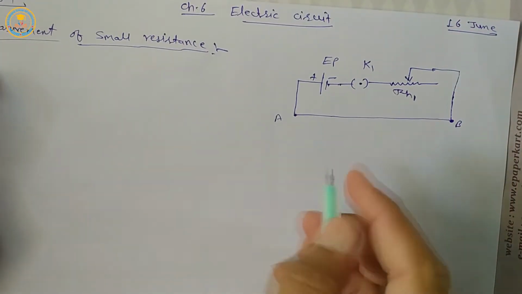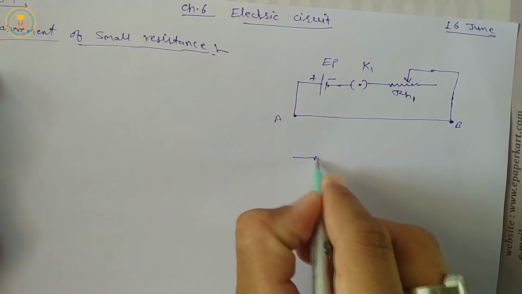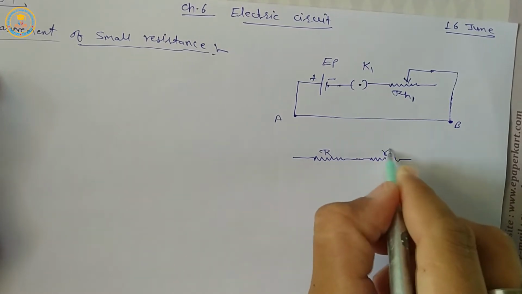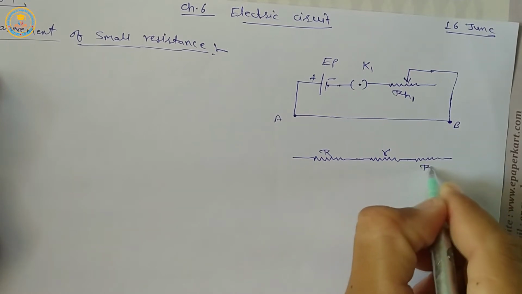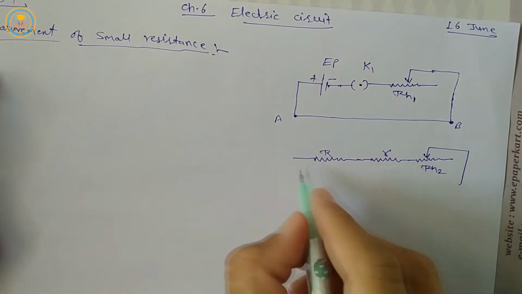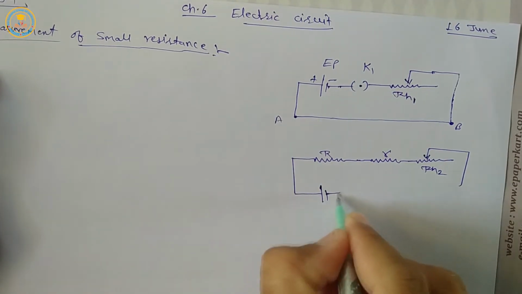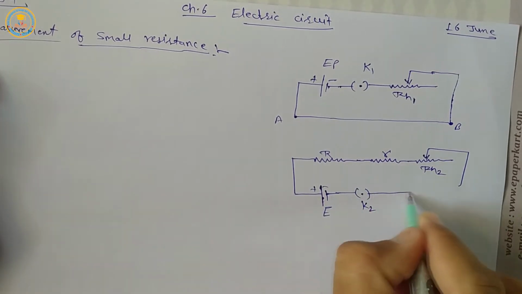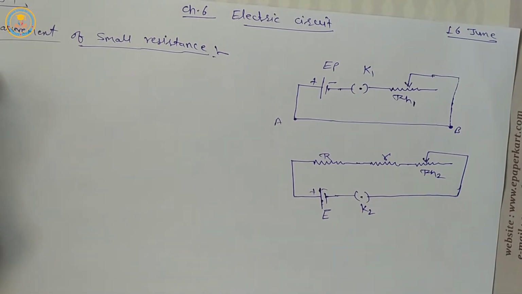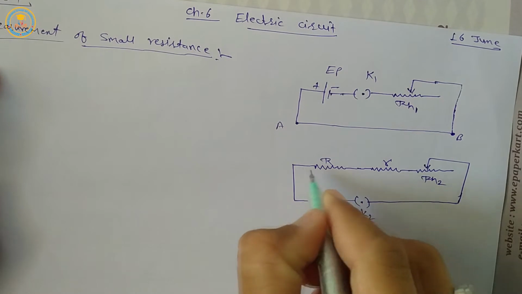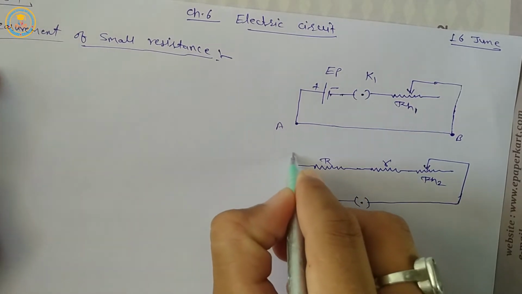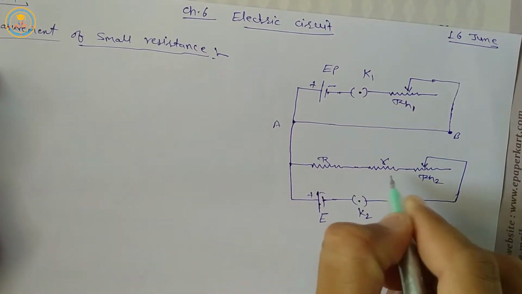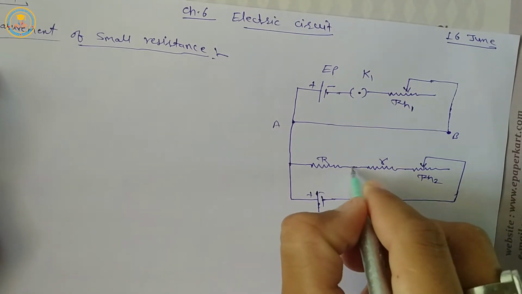Now in the secondary circuit, we take a known resistance, this is capital R, an unknown small resistance, this is small r, and a rheostat RH2, a cell of EMF capital E, a key K2, connected in series order. The higher potential end of this capital R resistance is connected to point A, and the lower potential end of both resistances capital R and small r is connected to